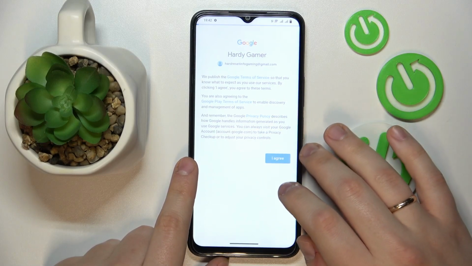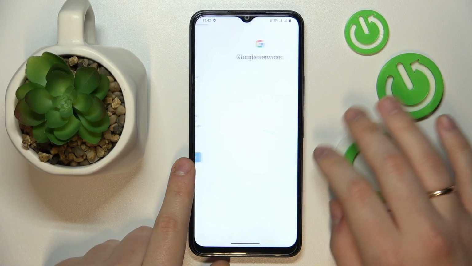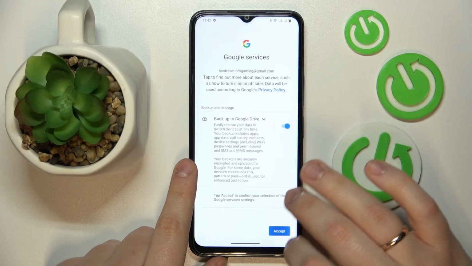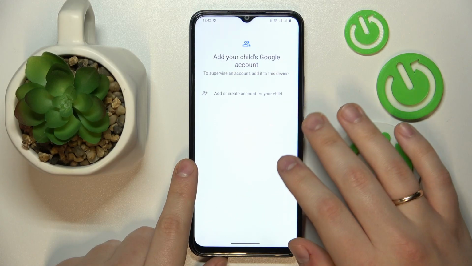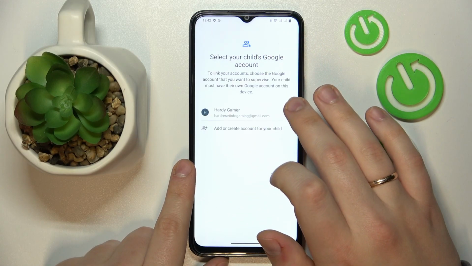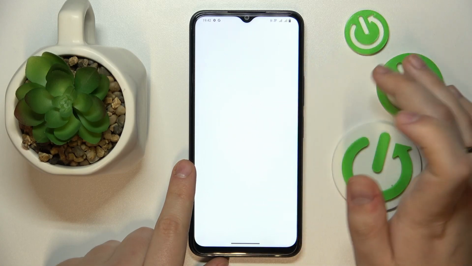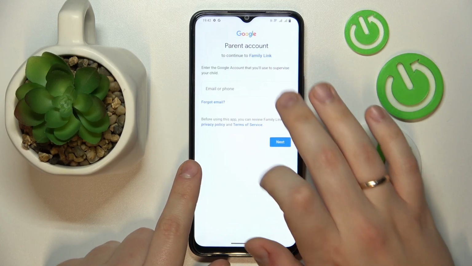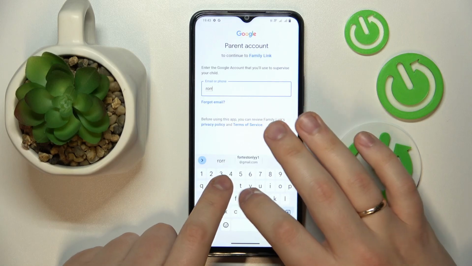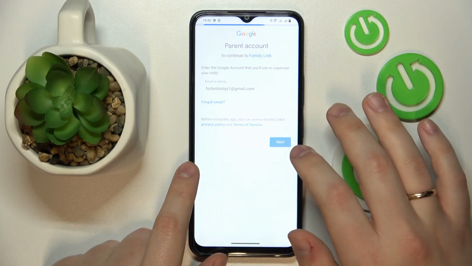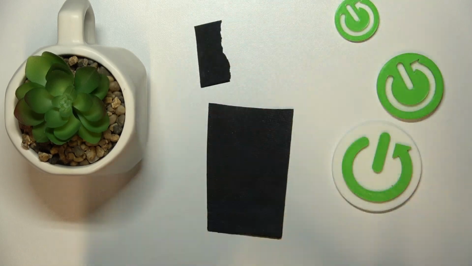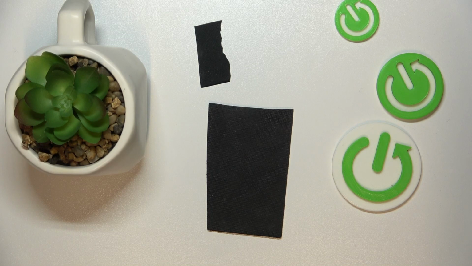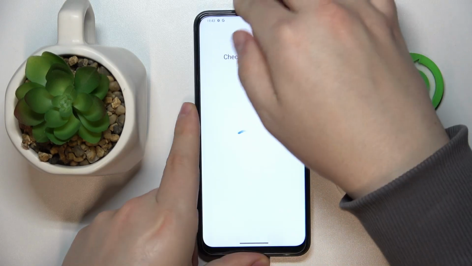Next, I agree. Accept. Then choose the account that you have just logged into from the list. After that, we will need to enter the credentials for the parent's Google account as well. So enter the email address, then enter the password for the account that will be used for supervising the child's